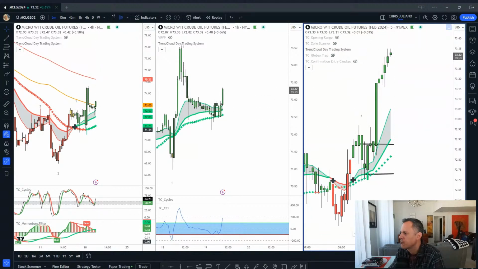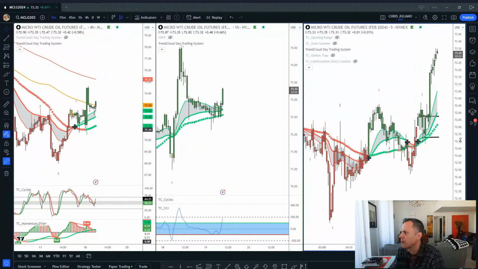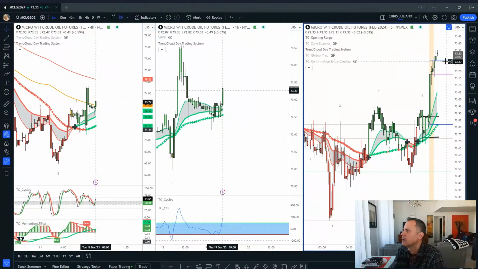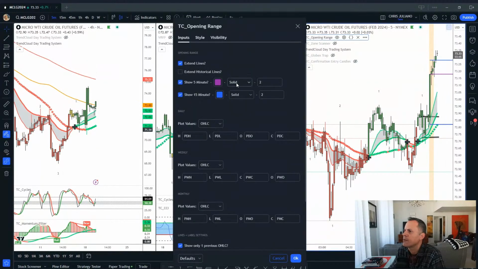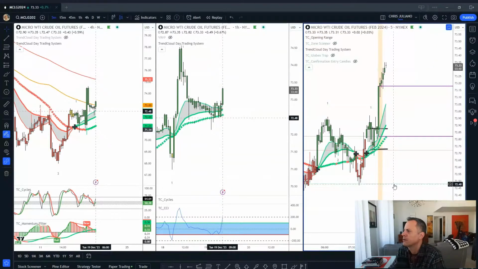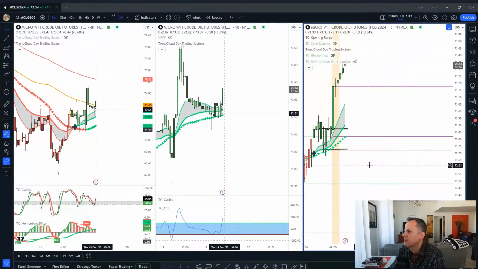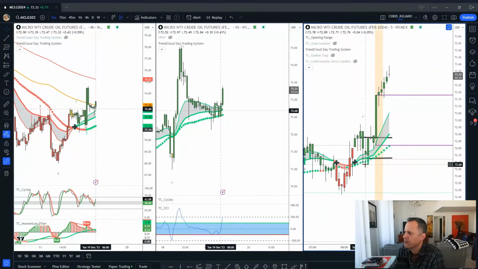Let me recalculate the chart here, guys. Okay, opening range breakout. We want to make sure we're on the 5-minute only. All right, let's take a look. Oh my goodness. It looks like the TrendCloud signal